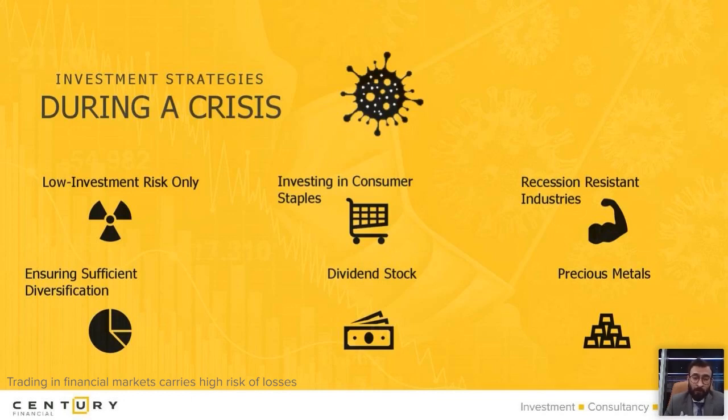At the same time, there are people who were earning a specific amount of salary and there were deductions of 30%, 40%, 50%, 70%. So you have to understand one thing, that during crisis, you need to invest in low risk products. Now, when I say low risk products, you will be thinking, oh, it's so easy, all I have to do is invest in low risk products. But understand what happens during the crisis. And this is the best example.